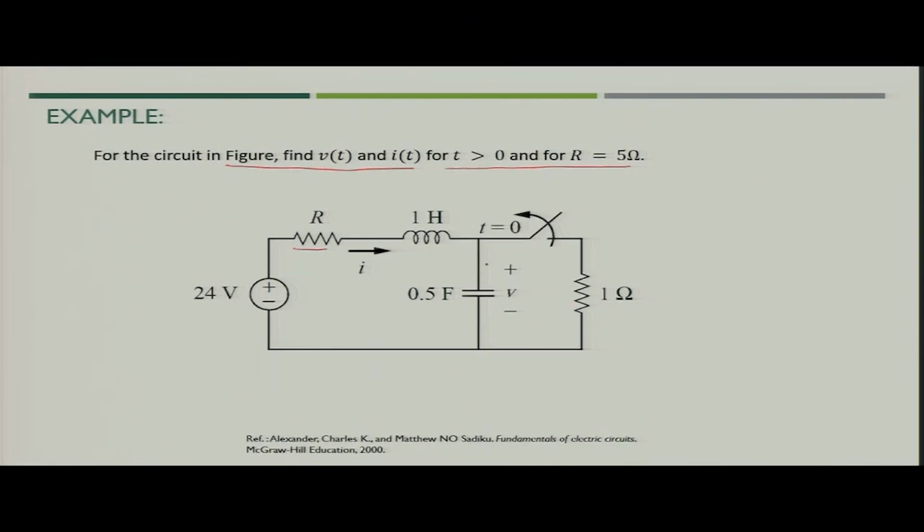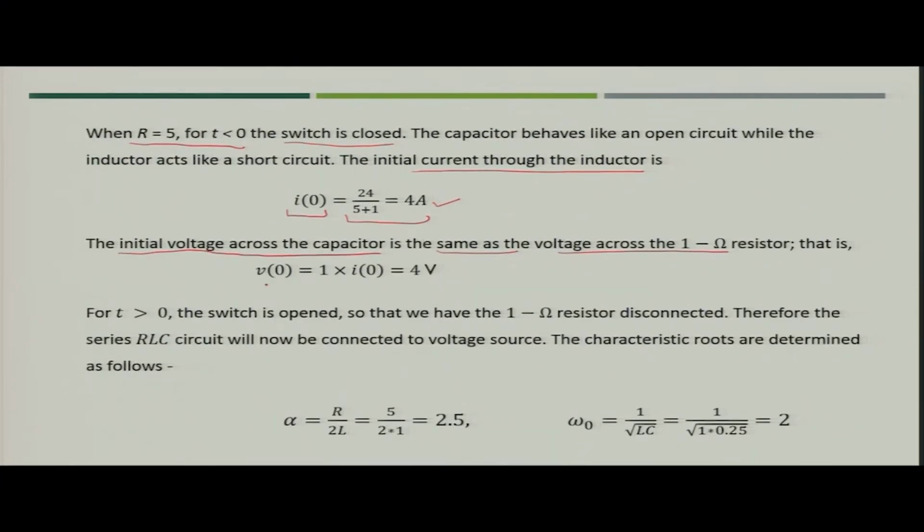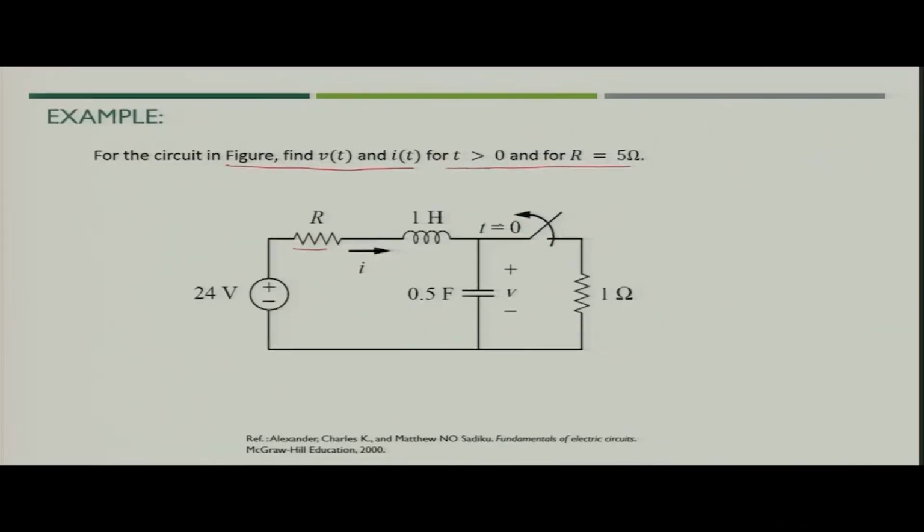So, the voltage across the capacitor will be 1 ohm multiplied by 4 ampere, that is 4 volt. So, we get the initial voltage across the capacitor as 4 volt. Now, when time t is greater than 0, the switch is opened, that means the 1 ohm resistor is now disconnected. So, when you open this switch at time t is equal to 0, this particular resistor will be disconnected from